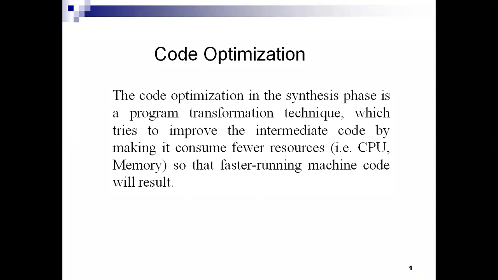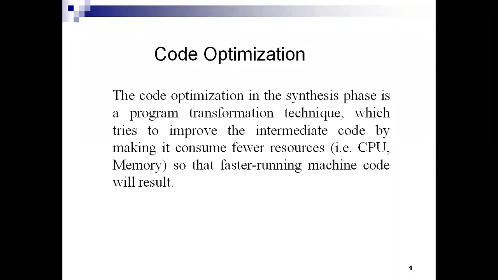From today onwards, we're going to learn how the implementation takes place in code optimization and what type of output we're going to generate from it. Initially we need to know what code optimization is, and we all know what the parts of the compiler are. There are only two parts: an analysis part and a synthesis part.